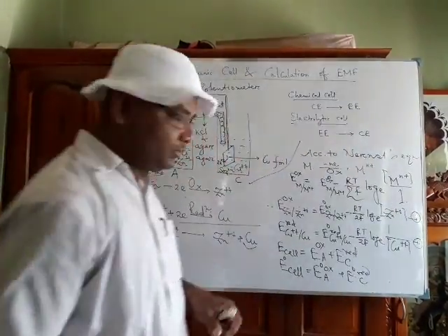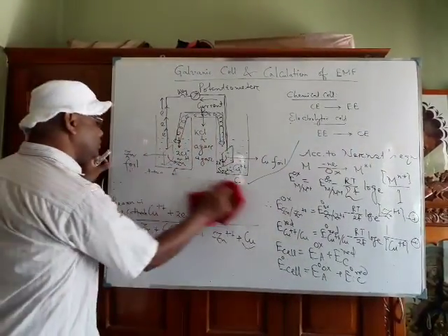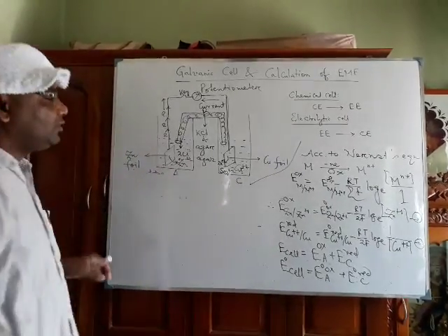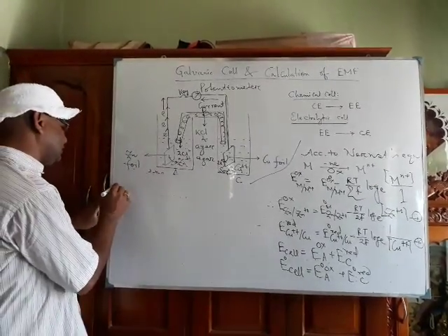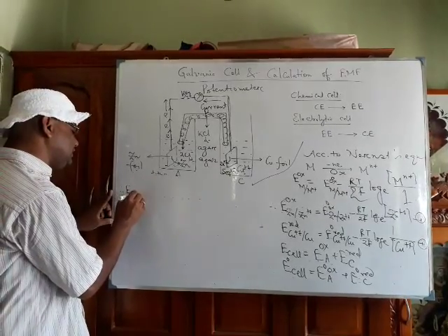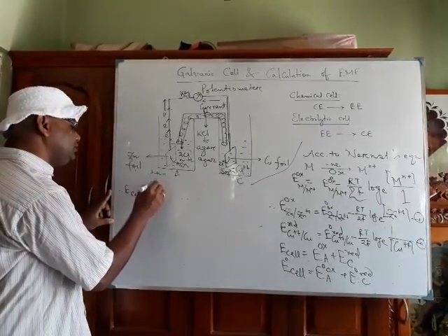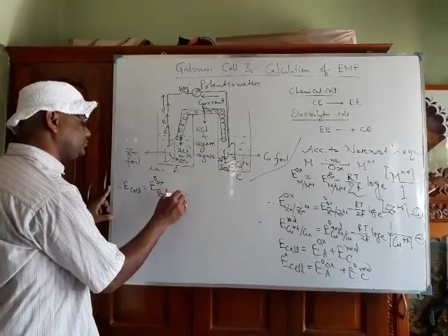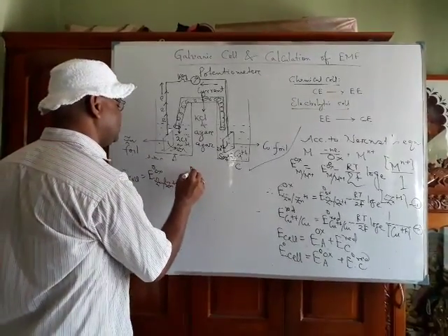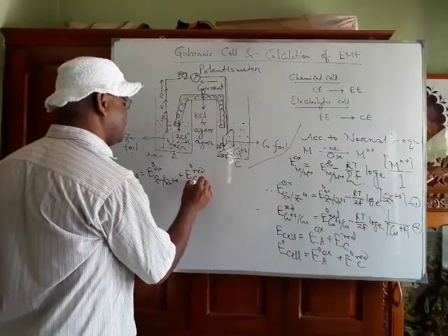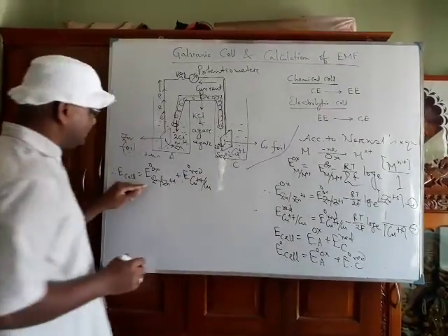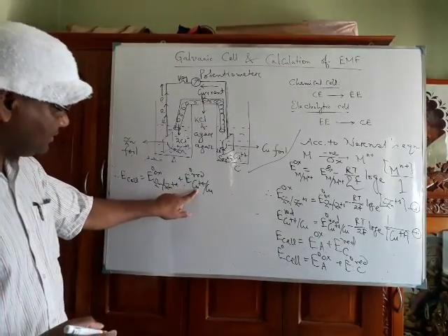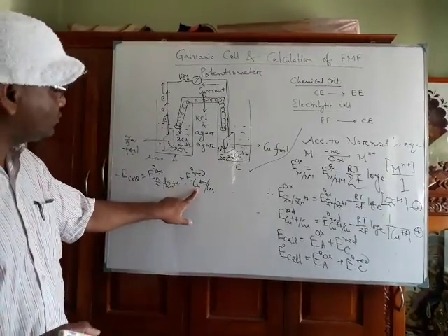On adding equation number 1 and 2, ultimately we are getting, therefore, E cell will be E0 ox of Zn++ plus E0 red of Cu++/Cu. Remember here the meaning is zinc is changing into zinc ion, and copper ion is changing to copper,